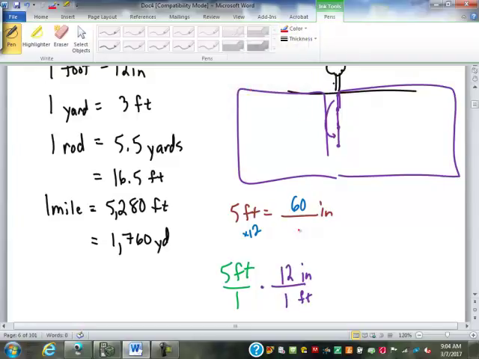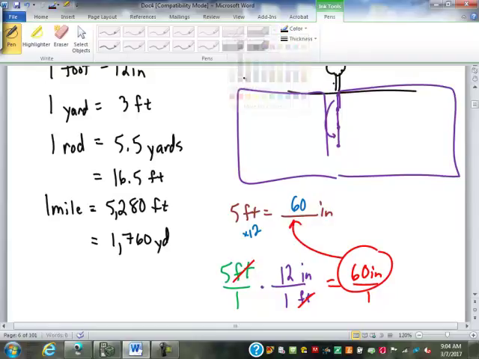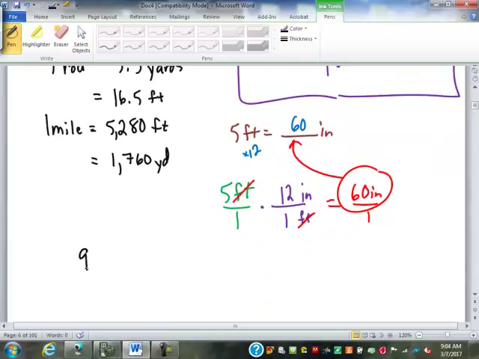Now you look at this fraction I just made here. It doesn't look like it, but it's really equal to 1, because 12 inches and 1 foot are the same value. So this is just like changing the name of a fraction. So the feet here will cross cancel out. 5 times 12 inches is 60 inches. 1 times 1 is 1, so 60 inches over 1 is just 60 inches, which is what we had up there. Well, feet and inches are units that we know well enough that we don't really need to use a conversion. Well, let's say I give you 99 feet